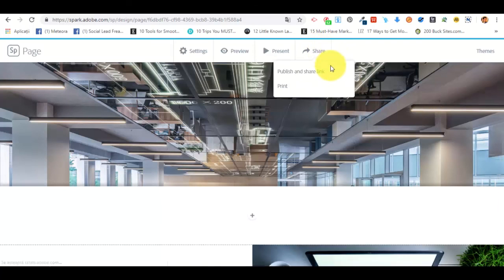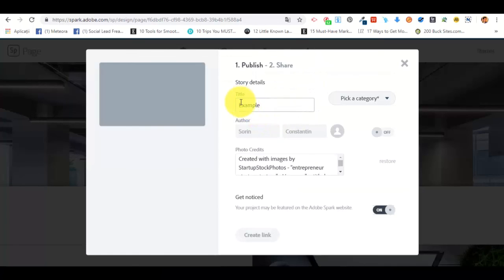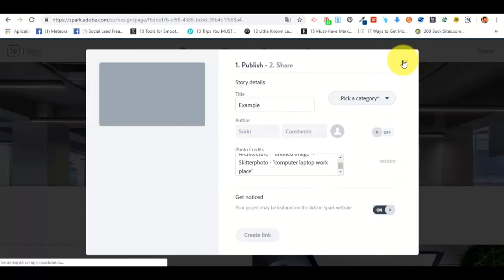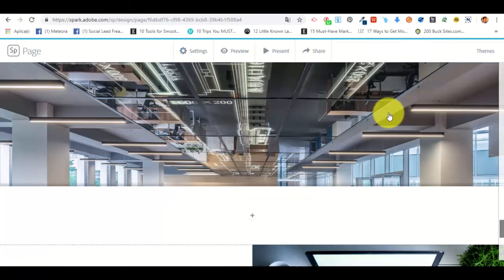Or we can share the web page with someone, publish and share the link, or print it. From publish and share, we just give it a title, pick a category, photo credits, and so on, and a link will be created for us, and that will be basically the link of our web page. So as you can see, it's pretty simple to create a web page using Adobe Spark,